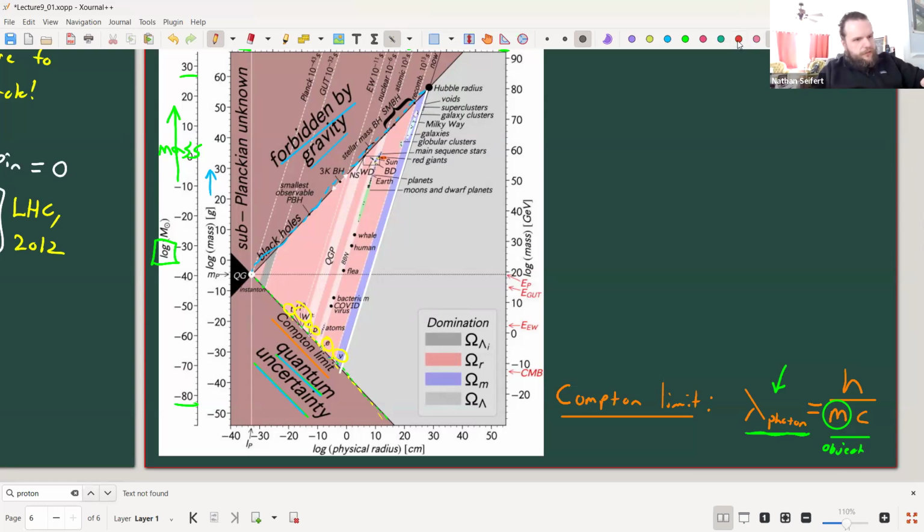And then we can identify immediately where chemistry appears. Chemistry appears right here. Atoms are just this small region. And I'm going to add fleas and humans and whales because they're chemical objects as well. They're biochemical objects, but this is basically chemistry.